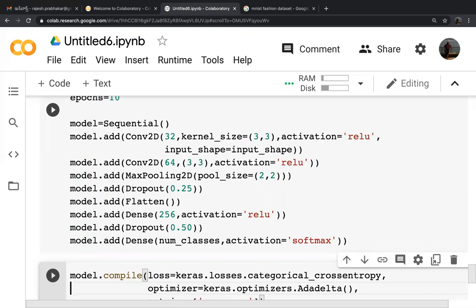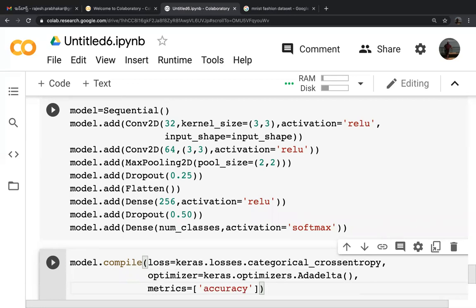Then in the final layer, we are giving the output layer of 10 cells which have activation as softmax. So softmax will take 0 to 9 as outputs, and for each of them it will calculate a probability. The digit that has the highest probability will be the final prediction of that particular digit. So that is what we have done.